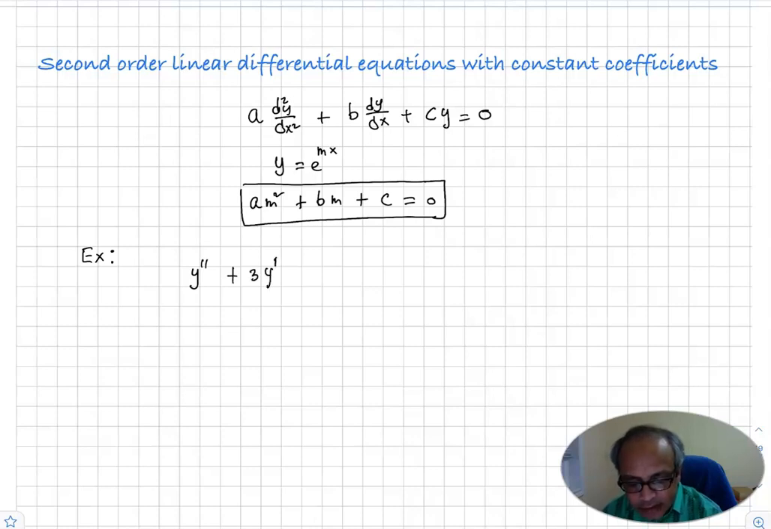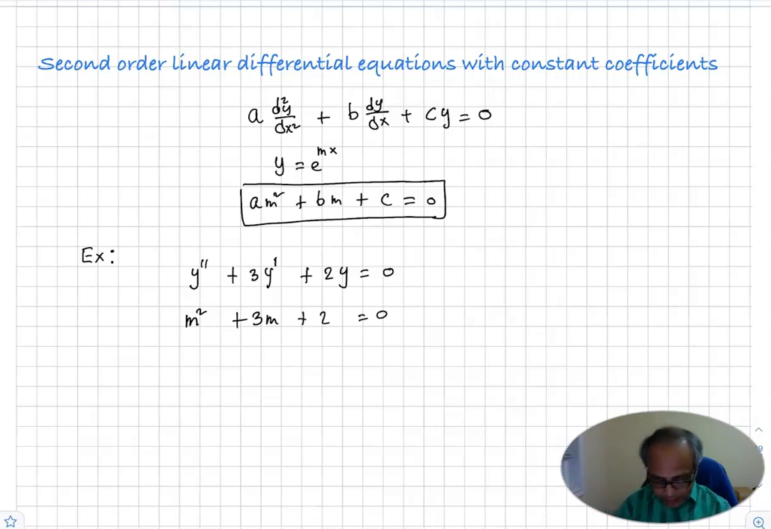plus 3 times y prime plus 2 times y equals 0. And here a equals 1, b equals 3, c is 2. And obviously we are going to assume that y equals e to the power mx is a solution, and then we can substitute it and we can get the characteristic equation. So generally it is straightforward to think what the characteristic equation is by looking at the derivatives and their coefficients: m squared, for the second term we are going to get bm or 3m, and plus 2